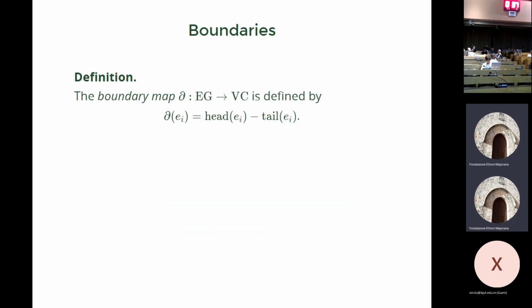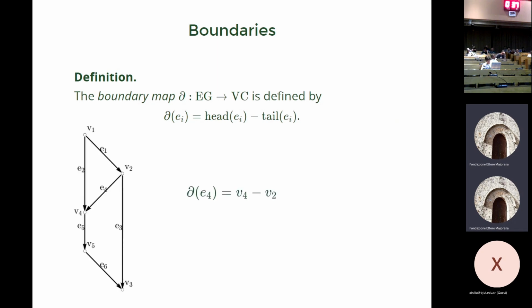And so I have a directed edge, and each edge has a head and a tail, which are the boundaries of the edge. And so I have this map, which on each edge gives it the head minus the tail. So this is a vertex. This is the formal linear combination of vertices, so this is in that VC space. And the picture here's edge 4, and its head is V4, and its tail is V2. And so that's the boundary of V4. Now just extend linearly to the whole space.